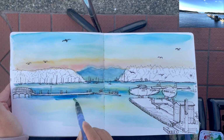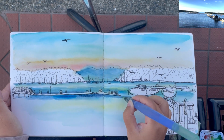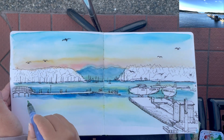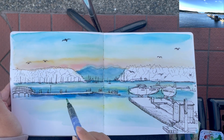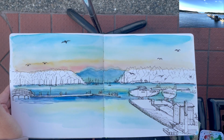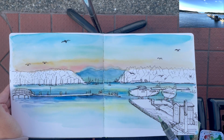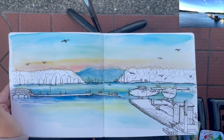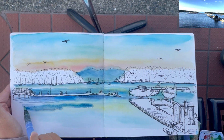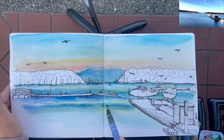Alright, so now I am adding a higher ratio of cobalt blue mixed with cerulean blue for this part, another thick stripe of reflective blue on the surface of the water. Just lay it nice and bold along the bottom line of the ramp, and then use thinner brushstrokes for a bit of ripples, and then mixing some more blue, mostly cobalt blue, for a thicker lap of water here closer to the